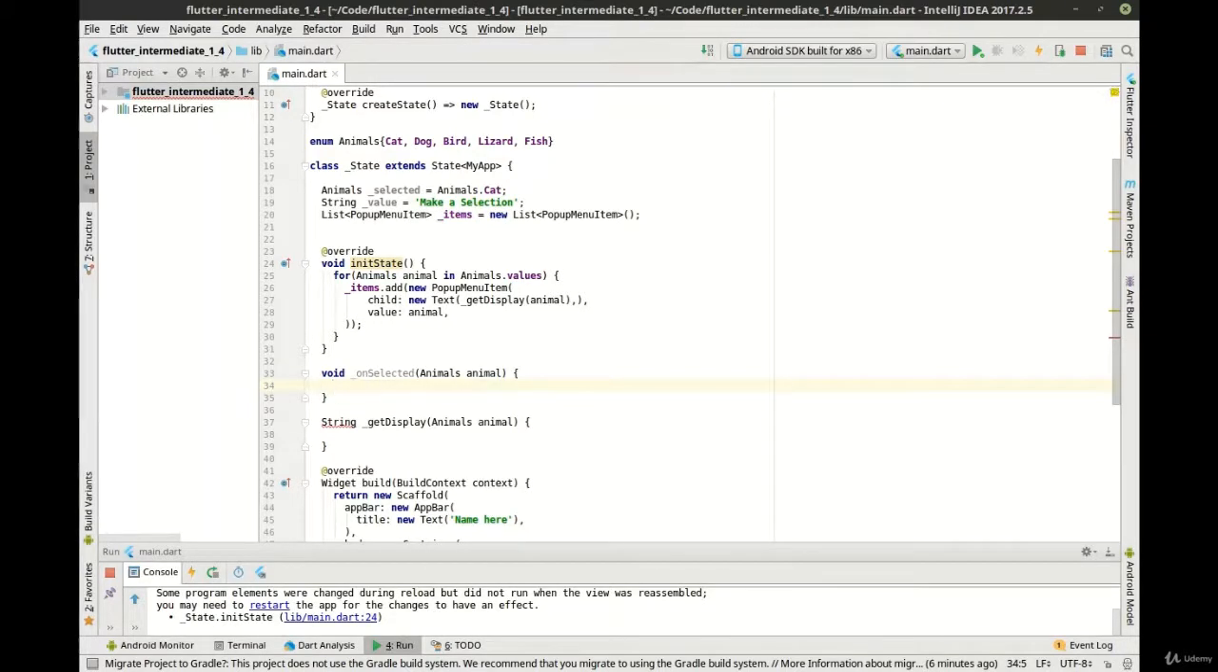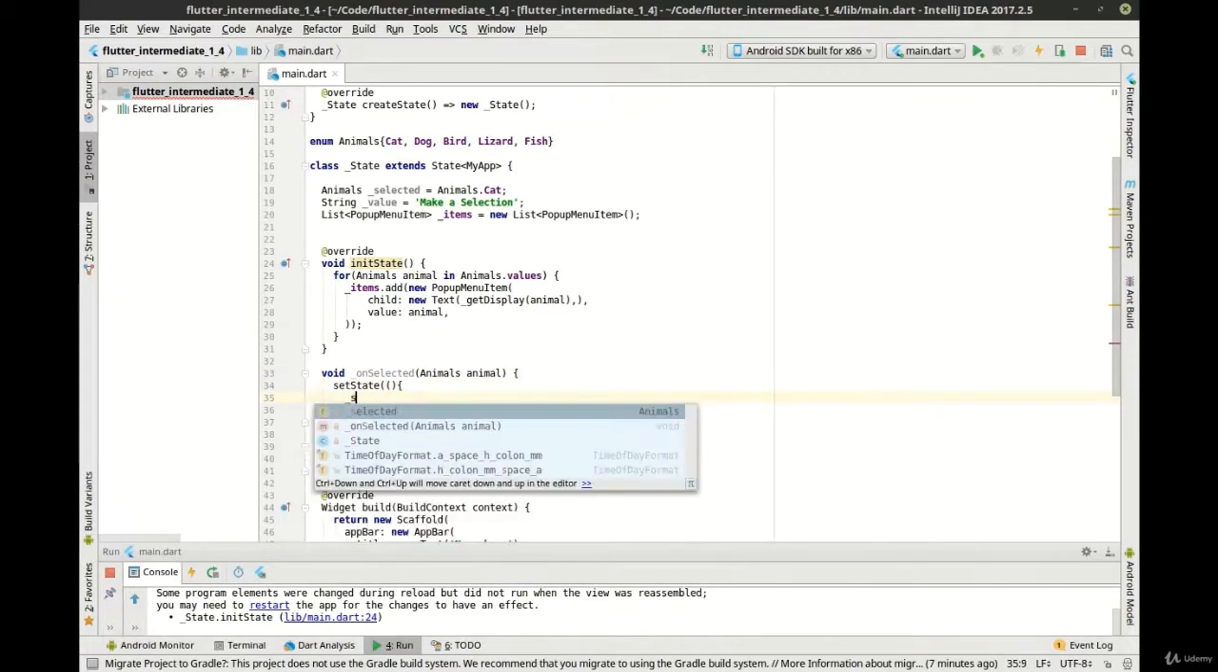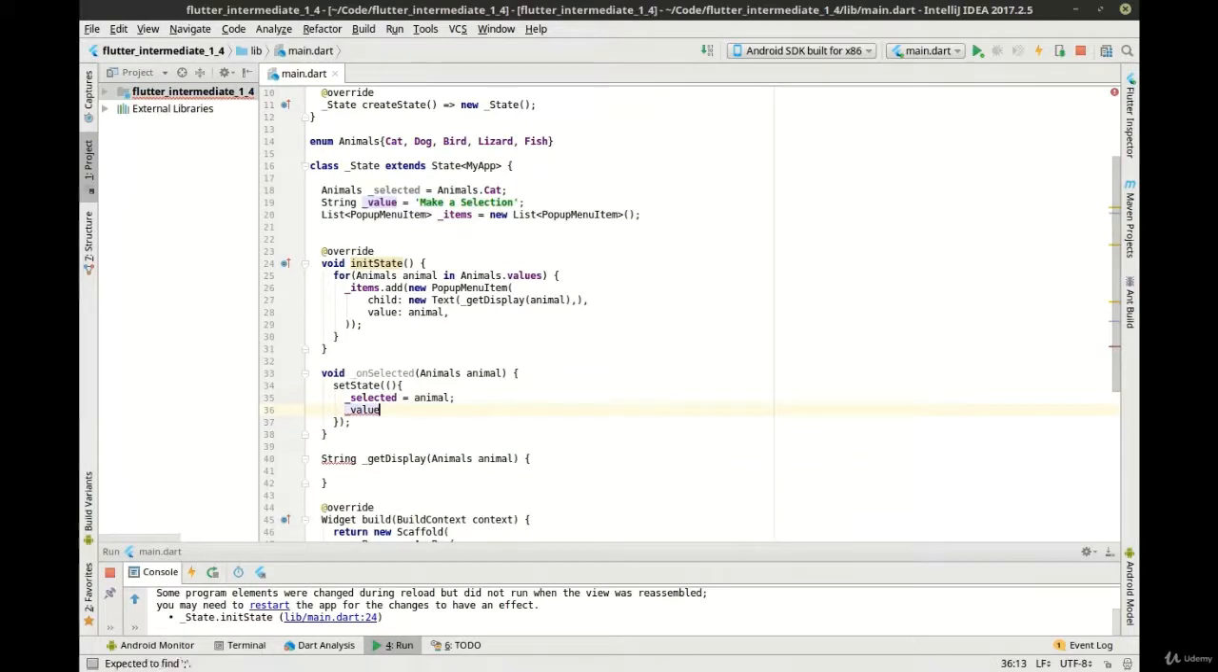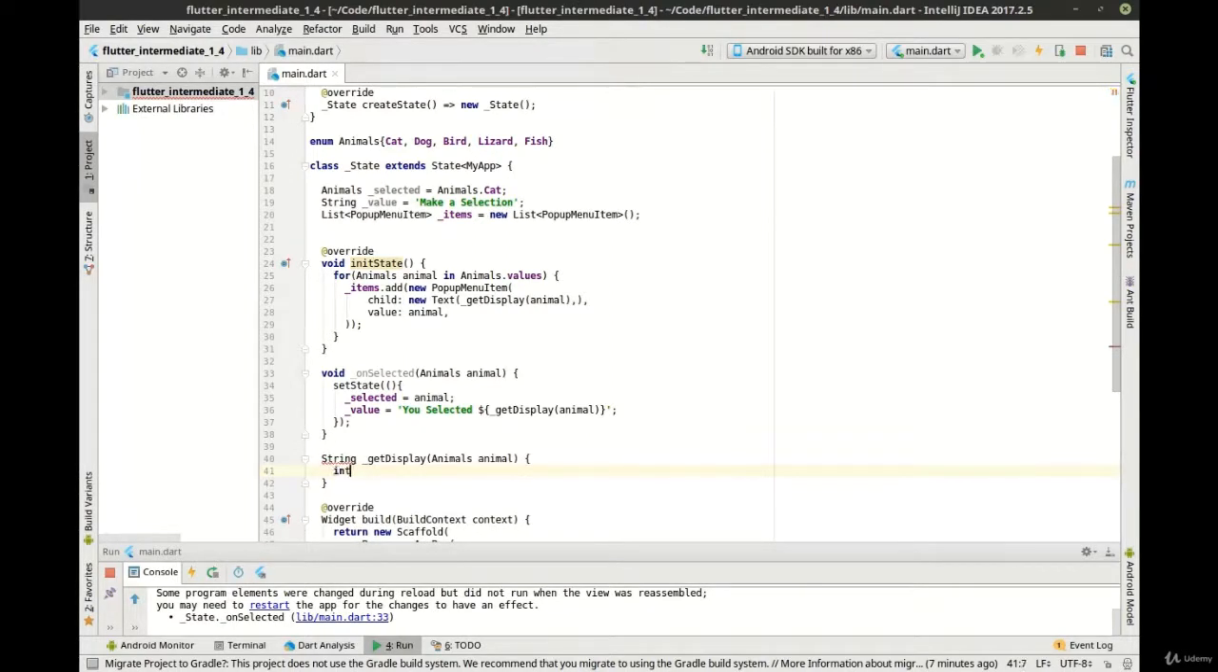We want to actually do something when we select an animal from the list. So let's go ahead and set state. And in here, let's go ahead and make our code. And we want to get the display value of that. Reason why we have display value is it's going to print out animals.cat or animals.dog. So we want to make sure that we just get the cat or the dog without the dot in there. So let's say int